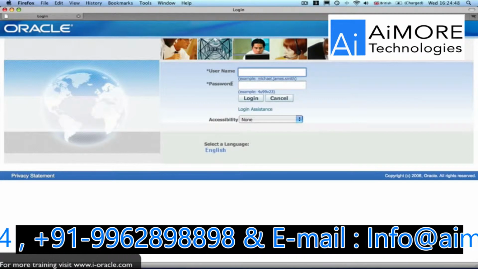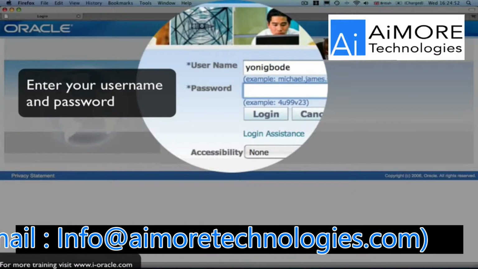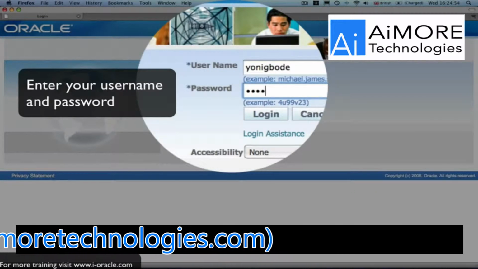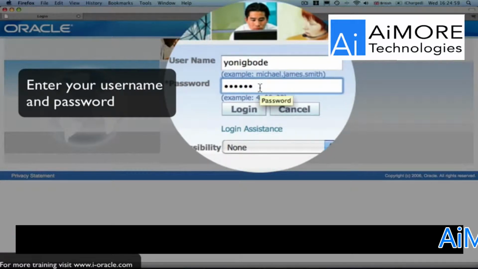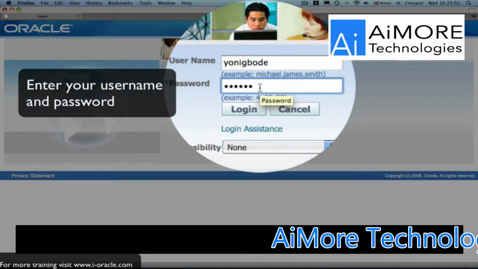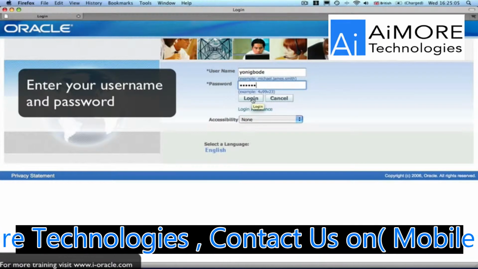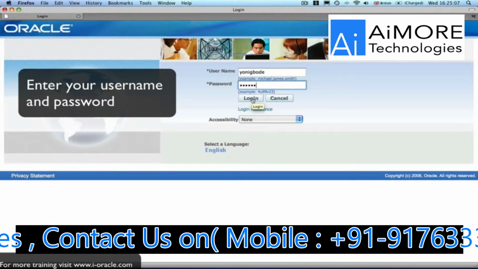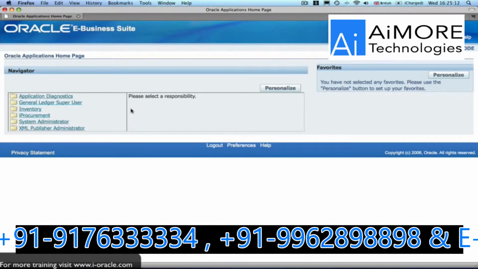So first of all, I'm going to log in with my username and password, Bode, and my password, which I'm not going to tell you, but I've just typed it in. Now the password should be case sensitive depending on the implementation or the installation. This is actually set up by the system administrator. Once you've entered your username and password, click on the login button and that should bring you to the Oracle